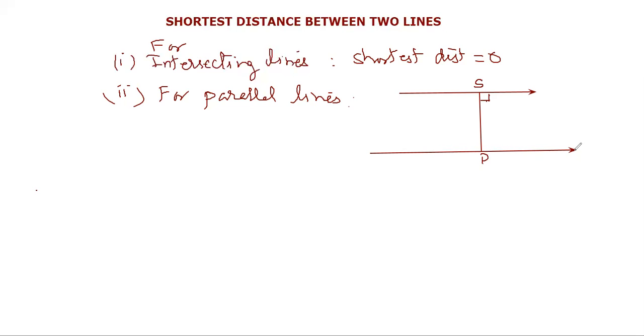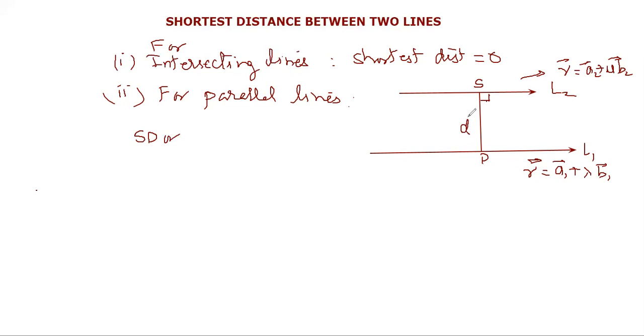And this is the L1 line, this is the L2 line, and you know that its equation is vector R is equal to vector A1 plus lambda vector B1, and its equation is vector R equals vector A2 plus mu B2 vector. Then the shortest distance formula is, for parallel lines, shortest distance, or we used to denote by small